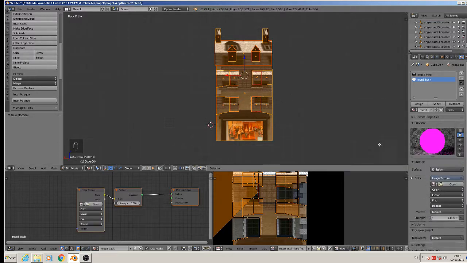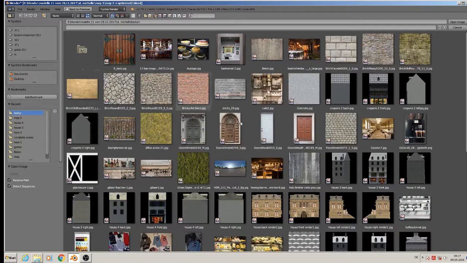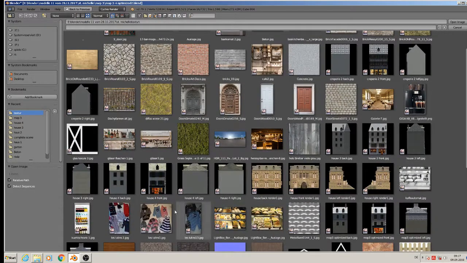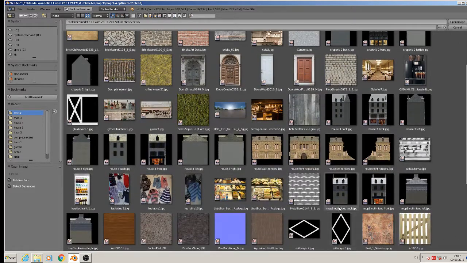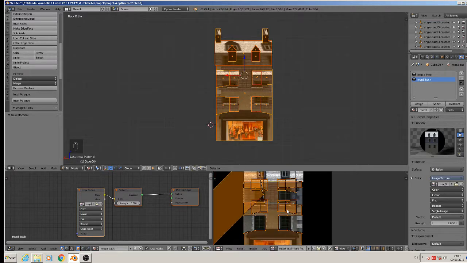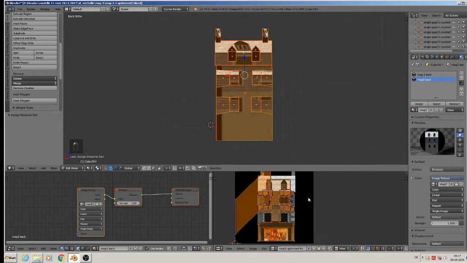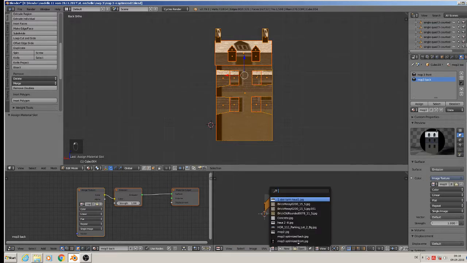So it should be an image. Open up in the texture folder. That should be MOP back, MOP optimize back. That is it. So here it is not all selected, so double A to select that all, and then assign the house. We pick that house here and take the back,